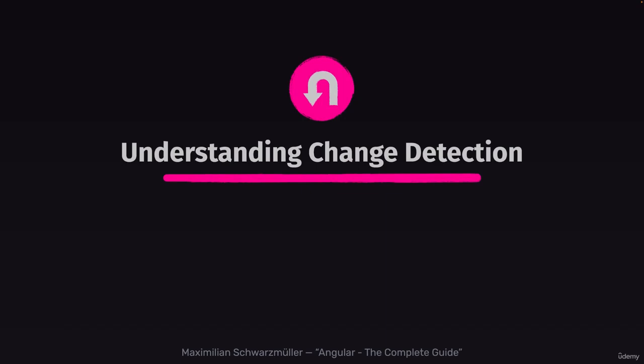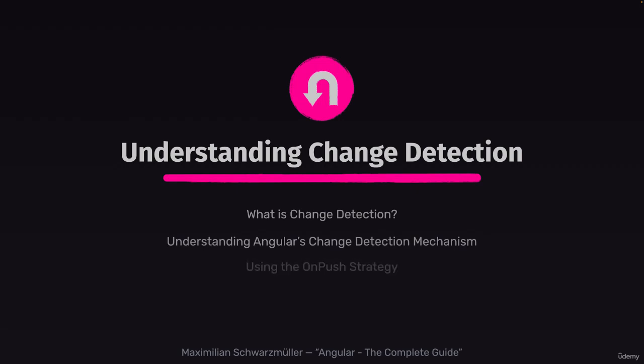An important feature of Angular, which you typically don't interact with directly, is Angular's change detection mechanism. And in this section, we'll take a closer look at that mechanism and explore what exactly that change detection thing is all about, how it works internally, how we can optimize it, at least potentially, with something called the OnPush strategy. And we'll also explore how change detection changes, no pun intended, when we start using signals,